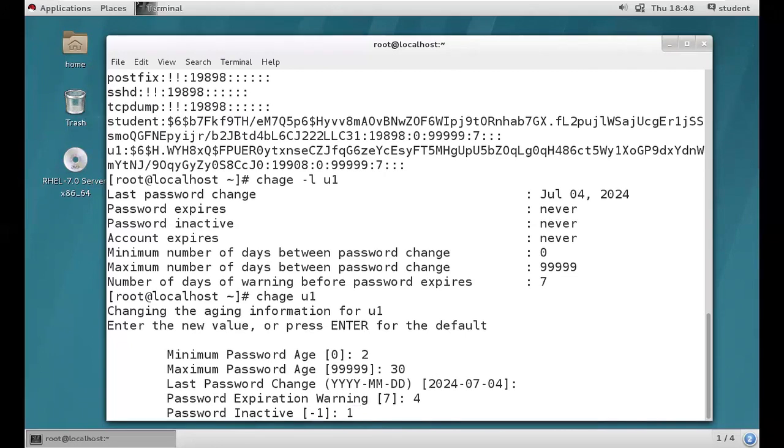So today's date is the 4th, right? Next month, the 3rd, it is going to become inactive. It will work till the 30th day, 30 days, because the maximum age we provided for the password is 30 days, right? Today the 4th, next month the 3rd. Clear, guys? So -1 means next month 3rd, guys. 1 means next month 4th, the 31st day. Okay, 31 days.